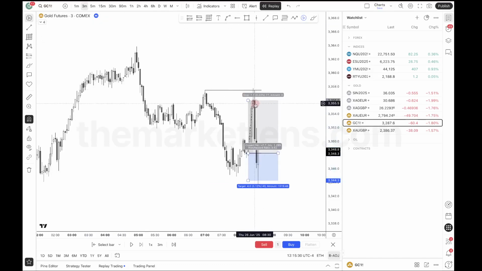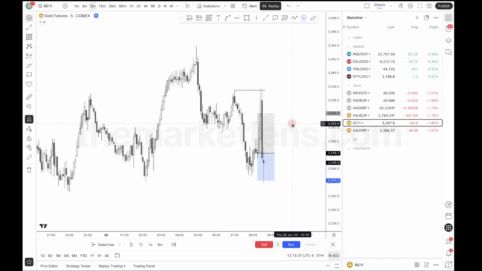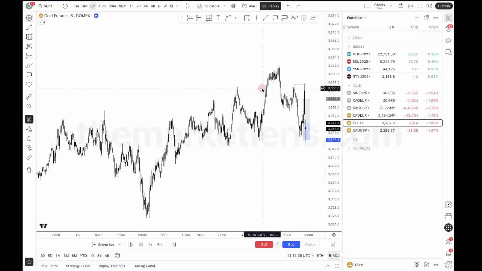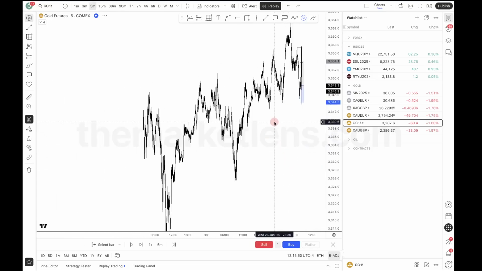I don't put my stop loss here, by the way. I'll put it a little bit lower, like around here or something, right? It shouldn't be coming way up here. And look at all these lows available, guys. This is so clean. This day on all assets was just so clean. Look at all these lows, man. Very, very nice. And yeah, I took it to the previous day's low here.